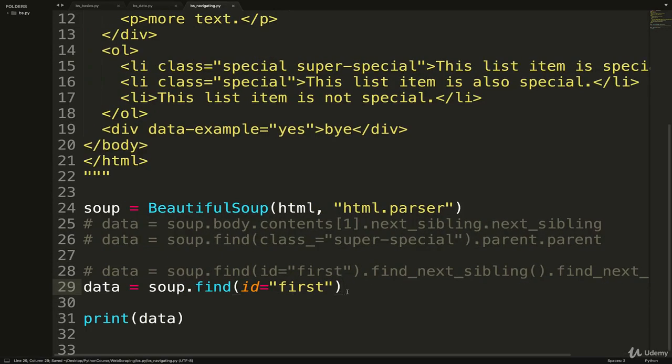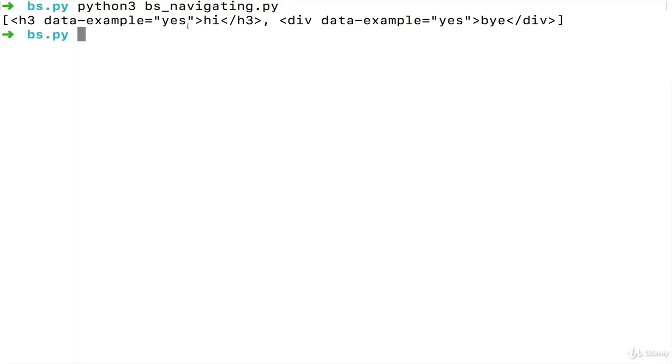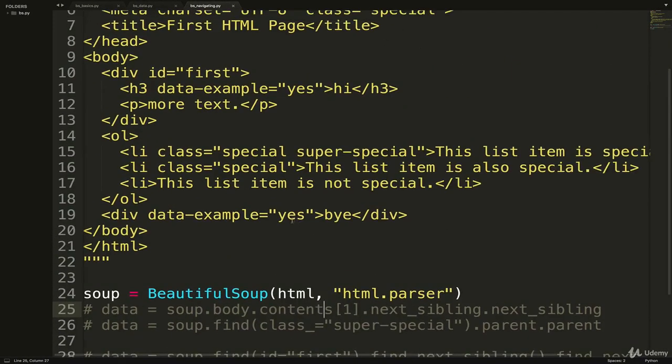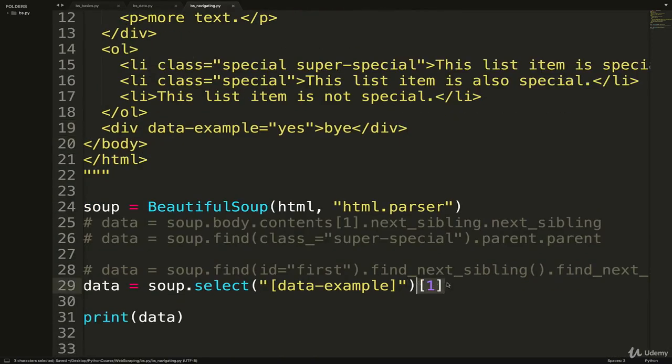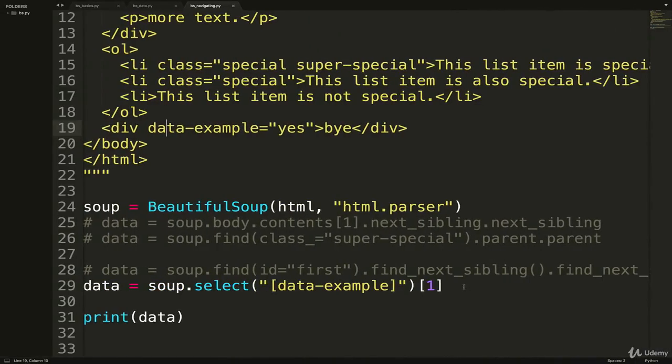And we'll run soup. Instead of find, let's do a select and then use our CSS attribute syntax. And we just type data example. And that should give us, there we go. Well, there's actually two of them, aren't there? Ooh, I didn't think about that. All right, so then we'll check it's set to yes in both examples. No. All right, we'll just do the one with index of 1, which gives us this. All right, that was a lot of work.